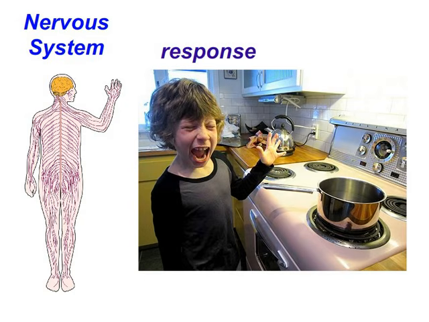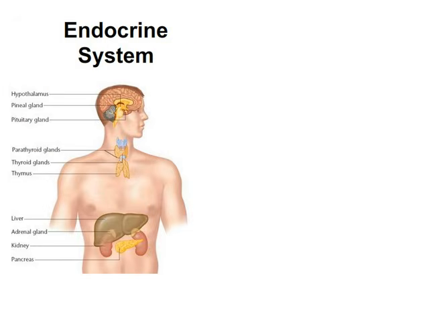That's the response. Okay, let's give this kid a break and learn about stimulus and response in the endocrine system. Remember, the endocrine system sends hormones through the bloodstream, and it works much more slowly than the nervous system. These hormone messages travel more slowly, and they last much longer than messages in the nervous system.